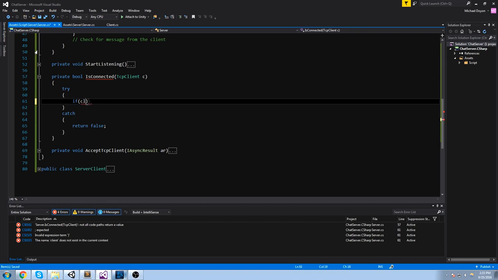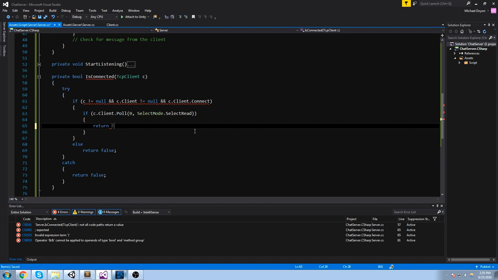Now if we're able to reach him, let's do some checks. If c, because that's our client here, if c is not equal to null and c.Client is not equal to null and c.Client.Connected is true. Now here's the part that confuses me a little bit, so just bear with me. Return, and then we do a not before that. c.Client.Receive, we send a byte array of 1, so a single byte basically, and we do SocketFlags.Peek. If that's equal to 0,